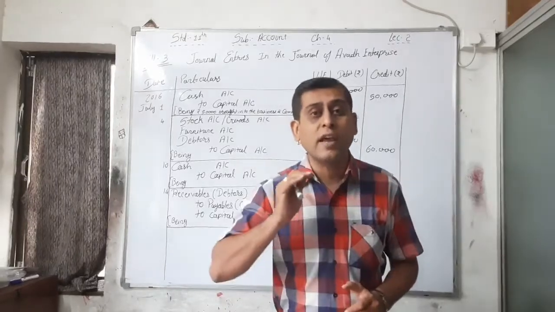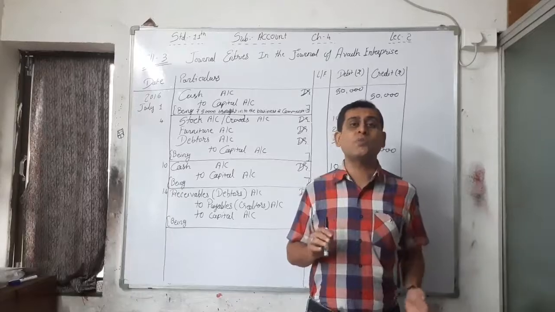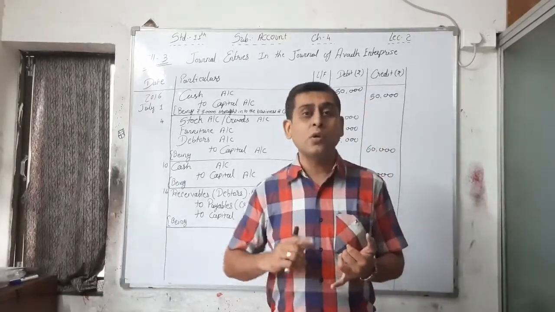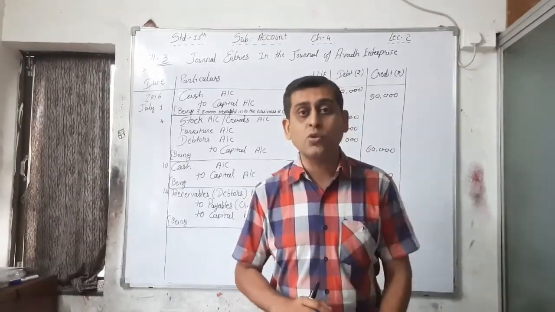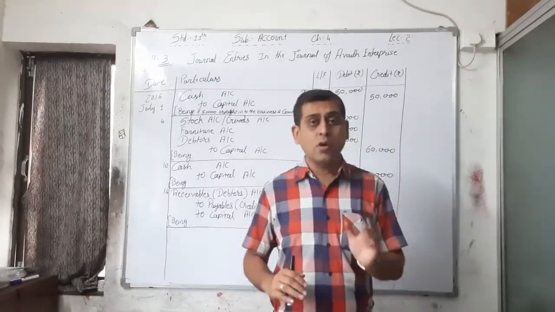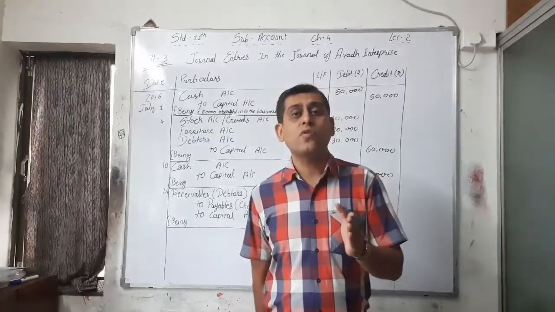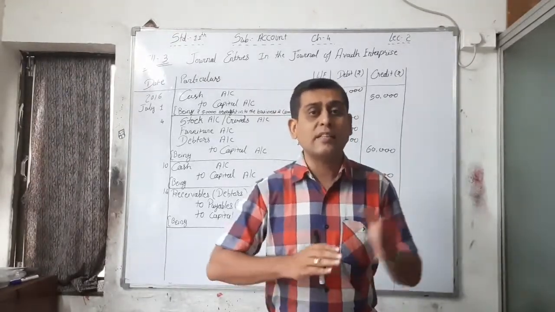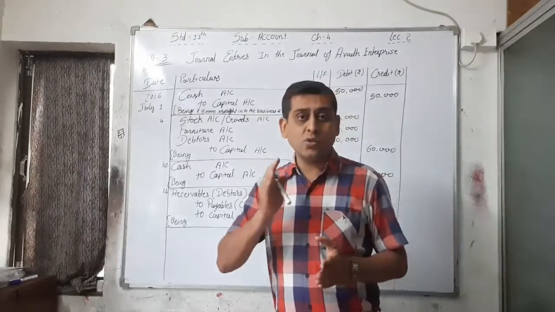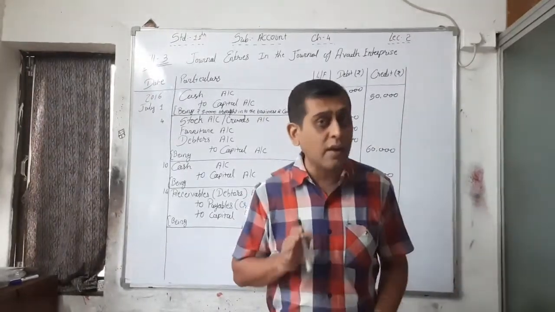See, it is a cash transaction. There is no specification regarding party name, and no cash or credit word is used. That's why we can say that this is a cash transaction. From this cash transaction we have to write that income tax is paid. Cash goes out from the business, that's why cash account is credited.